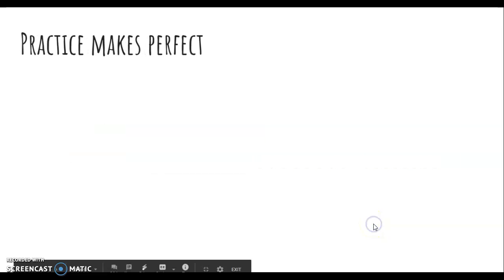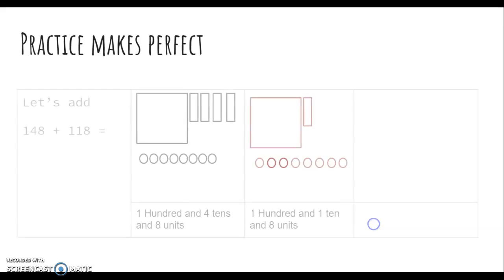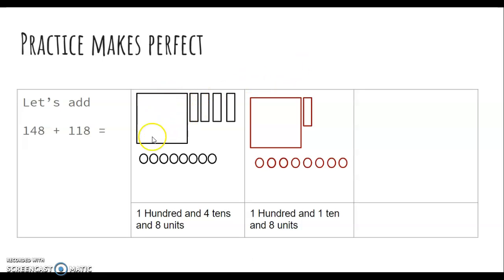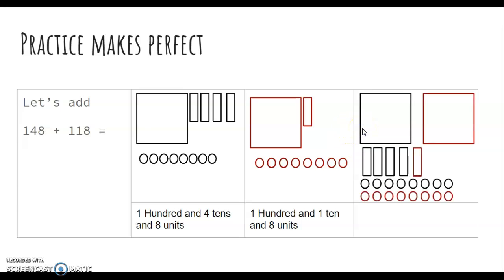All right, let's get more practice with that because practice makes perfect. Let's add 148 plus 118. So over here I have 100, 4 tens, and 8 units, plus 100, 1 ten, and 8 units. Now this gets a little tricky when we go to add them together, so stick with me. We add these together, we get 200s, 5 tens,